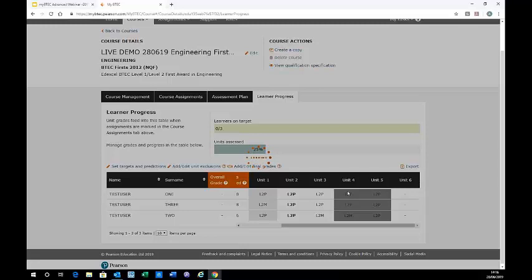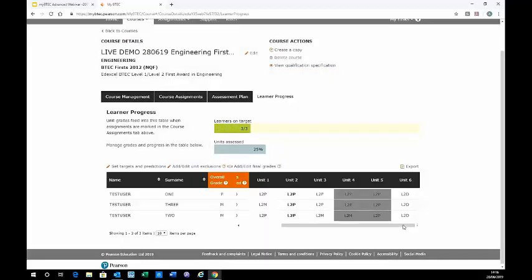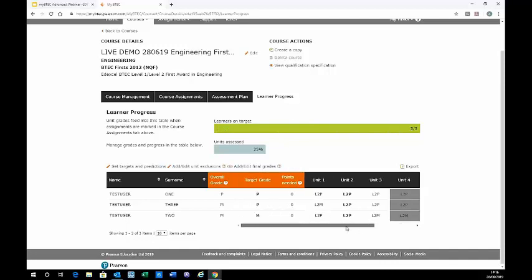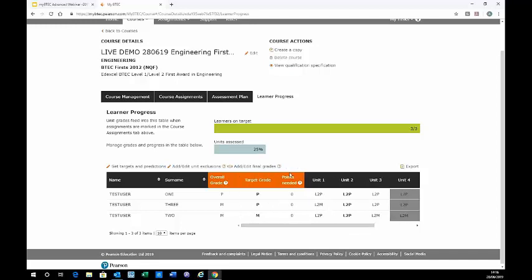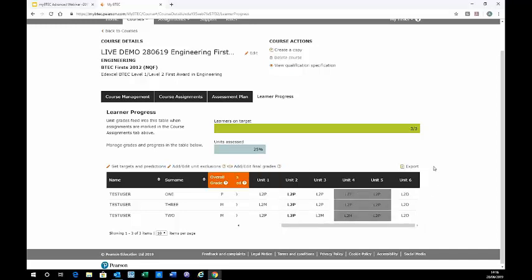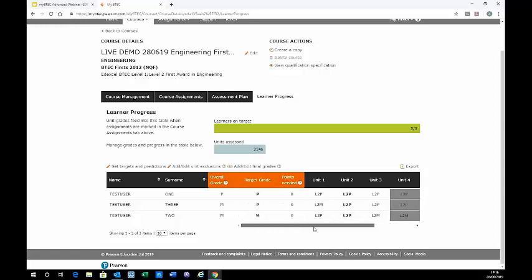You could be in a situation, potentially, where one learner is doing 6, one's doing 5. There are a myriad options that you can configure in an attempt to allow you to reach all of your requirements. Now let's have a little look, see what's happened. There's no points needed anywhere anymore, which is good, because according to my figures now, taking into account my predicted grades for Unit 6, the overall grades are going to be pass, merit, which means that everyone's on target. In fact, test user 3 is above target, which is